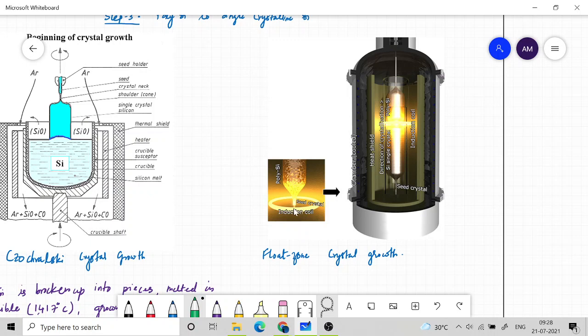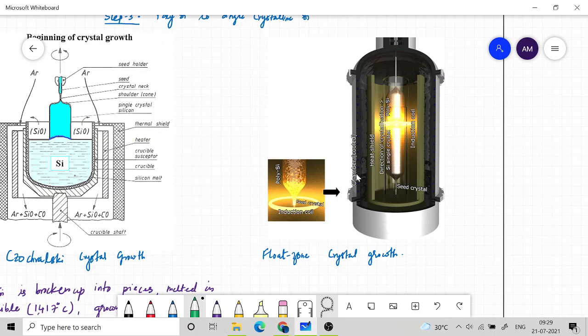because as you move this RF coil, the bottom portion will get gradually cooled, and because it is getting gradually cooled, the silicon atoms again naturally take the crystalline positions. So above the coil the rod is polycrystalline, but below the RF coil it is a single crystalline structure. And this is a very gradual movement, just like in the earlier method, where the pulling was gradual, but here the RF coil moves gradually relative to the polysilicon material. So with the help of gravity, the atoms move down and take the place of crystalline